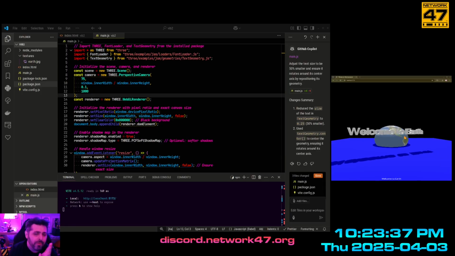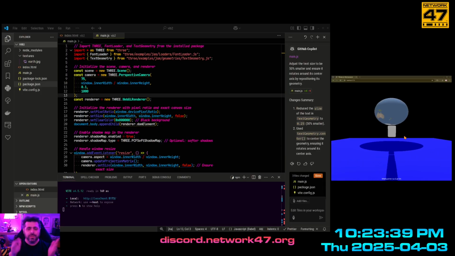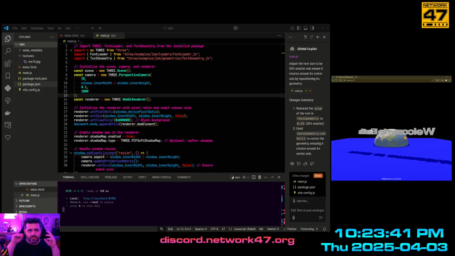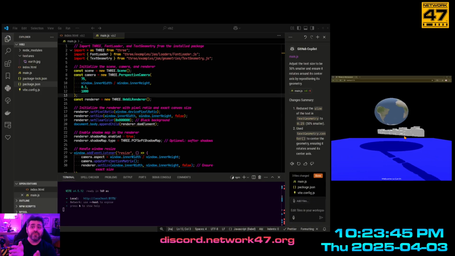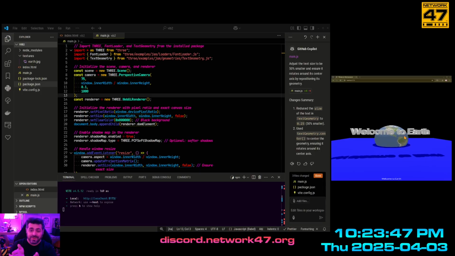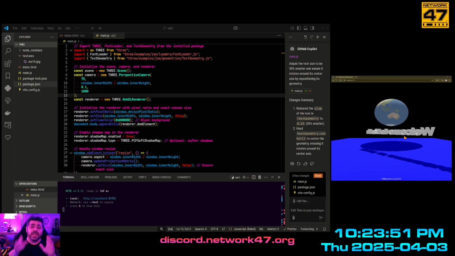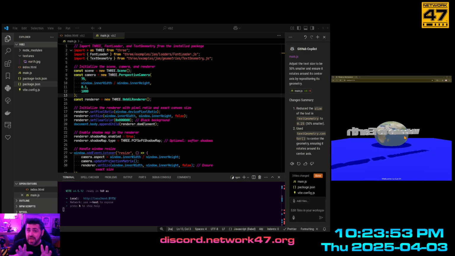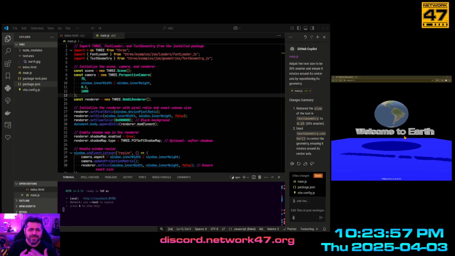So Earth is on the cube, and I said, okay, well, can we make the cube a sphere instead and wrap the texture around it? Perfect Earth. And that's the one you're seeing here. And I was blown away. And then I was like, can we add a shadow under the Earth? I'm stretching my luck here. I'm really pushing my luck.